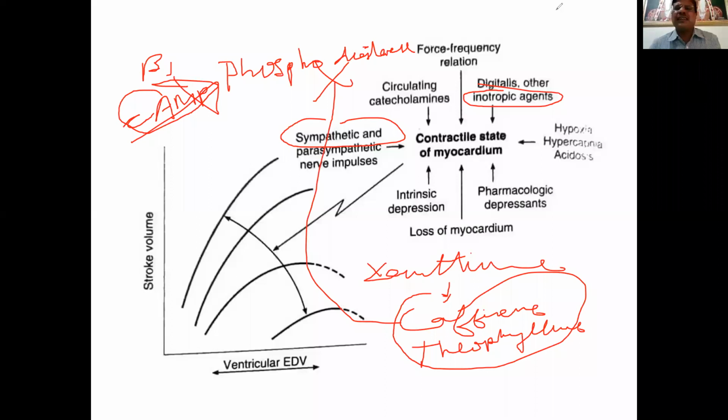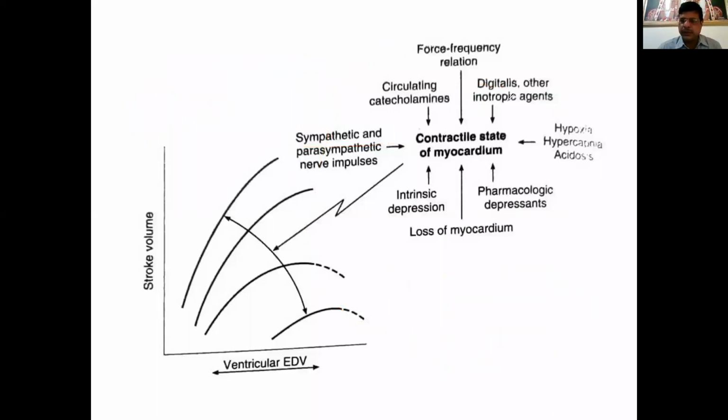Okay, so finally, anyhow, if you have not understood all this, just remember that when you say inotropic agents here, they will ask you for examples: caffeine, theophylline are inotropic agents. If you say they also act by increasing calcium, we will be happy. If you say they act by inhibiting phosphodiesterase, which prevents breakdown of cyclic AMP, full distinction, 80-85 marks each of them. Okay, so bottom line in all this,